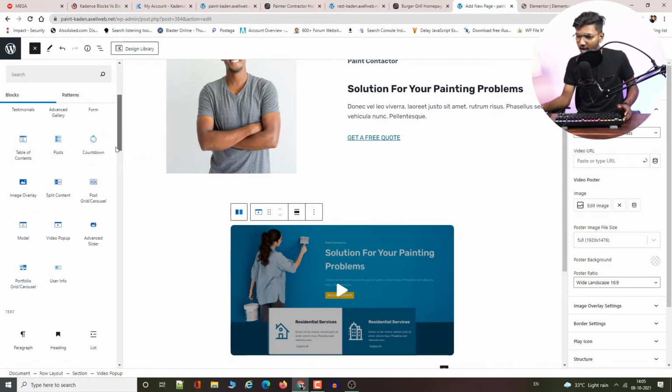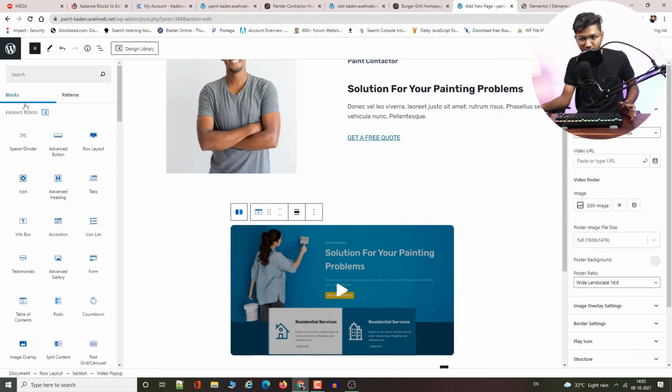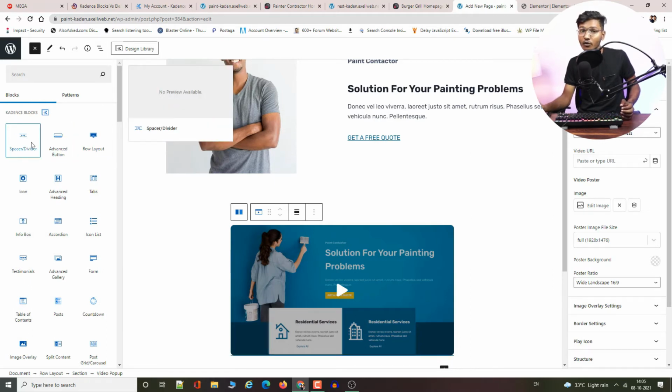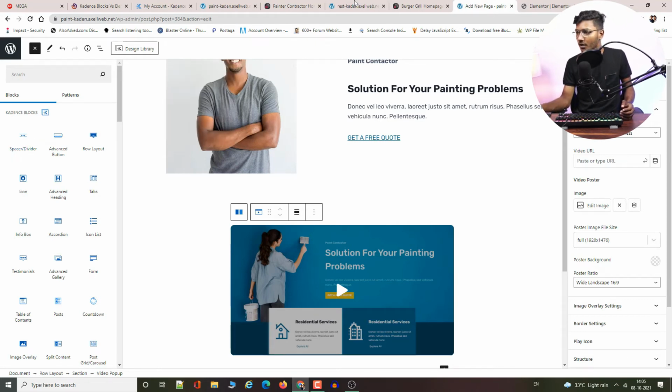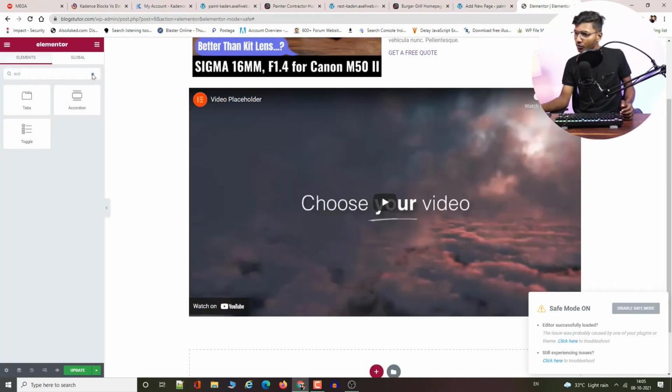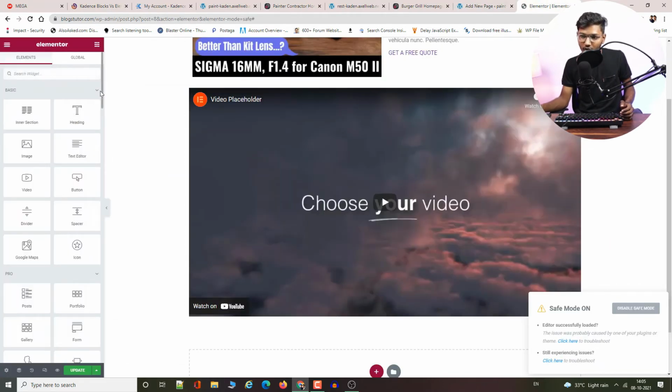So these are all the elements available in Cadence blocks, and these are, I think, the most common and mostly used elements in any page building design. Okay, in Elementor you get a lot of other extra features, like conditional text or conditional URLs, conditional buttons.